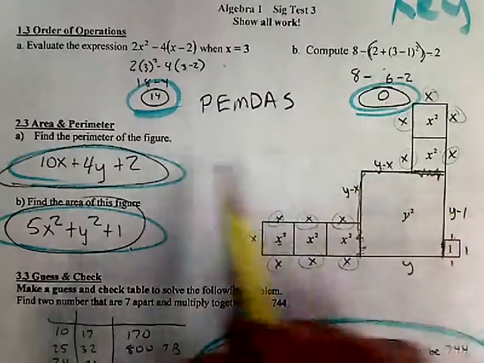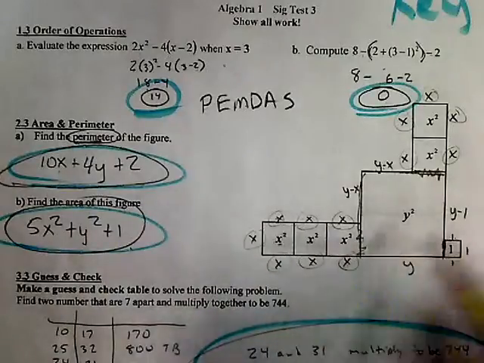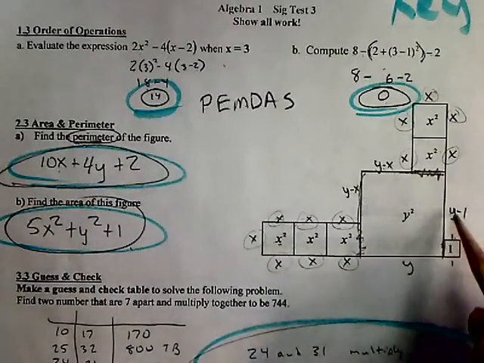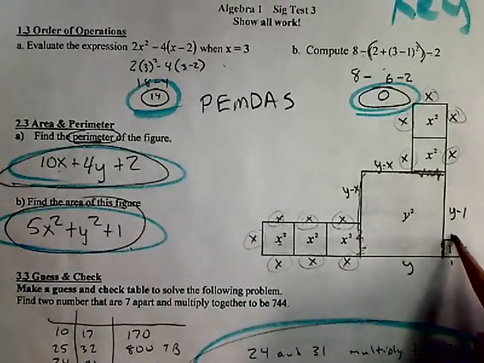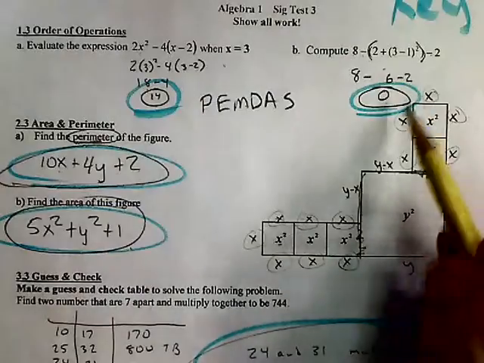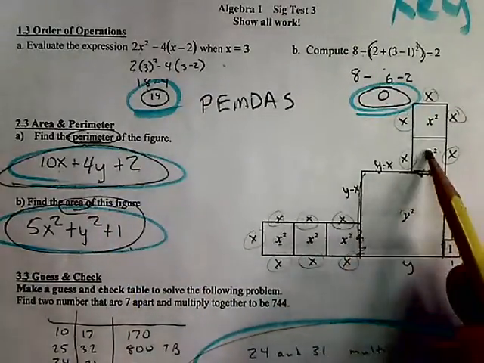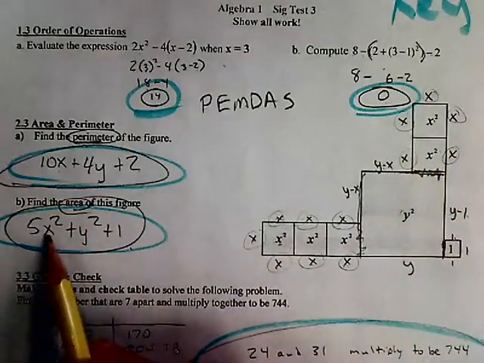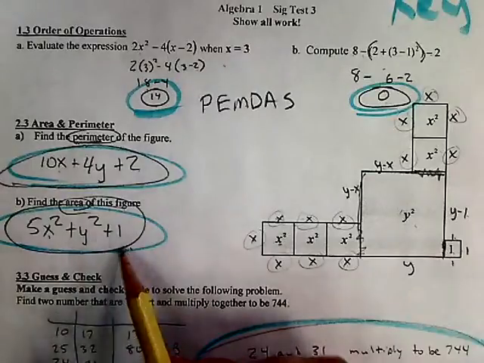Minus 1, 2 gives me the 10x for the perimeter, which is distance all the way around. y is 4y. 1, 2, 3 ones minus the 1 is 2. So there's my perimeter, the distance all the way around. Area is just what's inside. So I have 1, 2, 3, 4, 5 x squareds, 1 y squared, and 1,